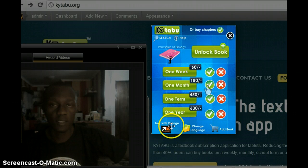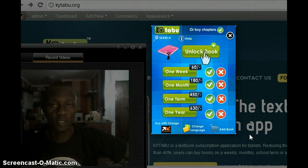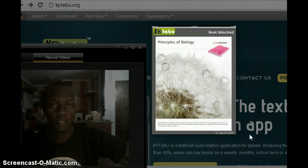You pick your payment system. Yeah, you can use whichever mobile phone payment system you like. You can also change languages, and you can add the book to a cart if you would like. And the next thing you do is you click on unlock, and once the money transaction happens, which is instantaneous,